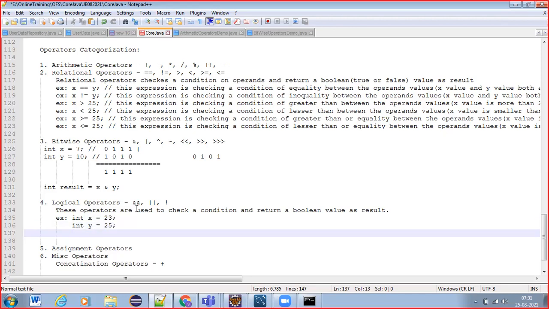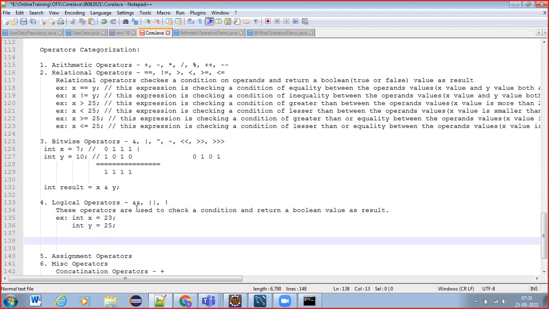Then you can write x is greater than 20 and x is less than y. Like this you can write.